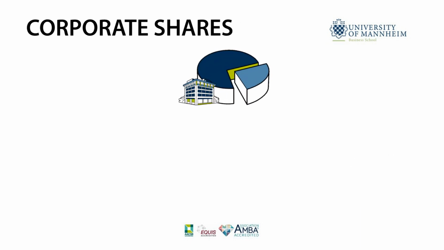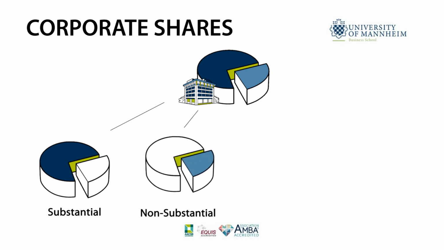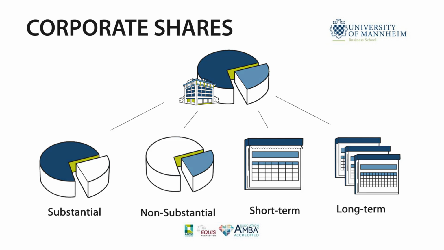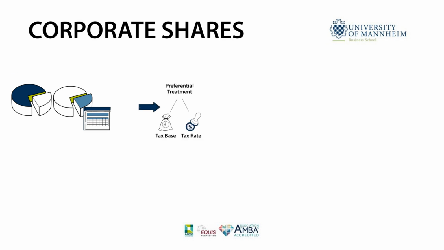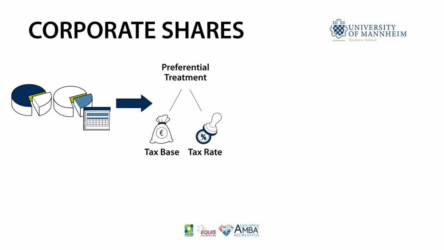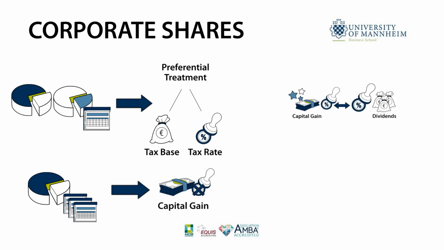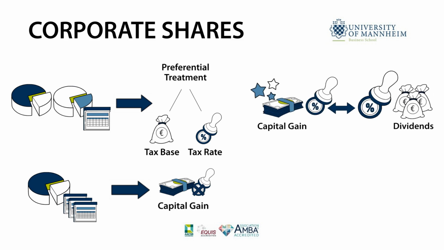The taxation of capital gains from shares in a corporation differs between substantial and non-substantial shareholdings, as well as short- and long-term. For capital gains from substantial and short-term non-substantial shareholdings, relief is granted via the tax base or the tax rate. Capital gains from long-term substantial shareholdings are generally tax-exempt. However, if capital gains receive a more preferential tax treatment than dividends, there is an incentive to sell the shares